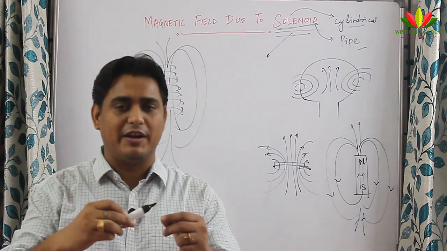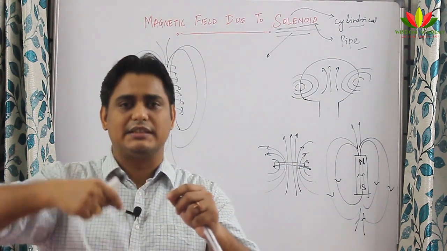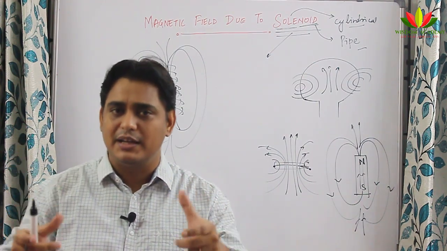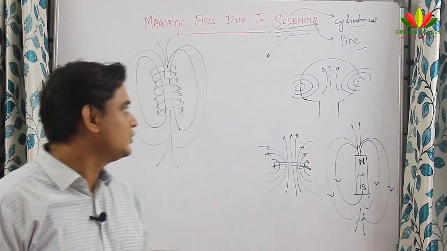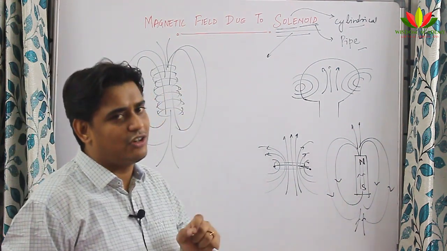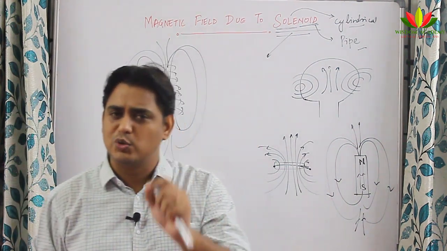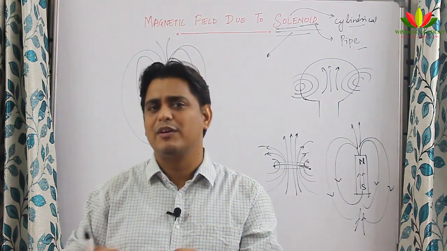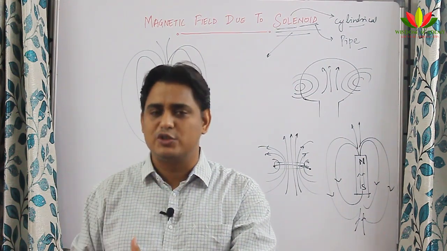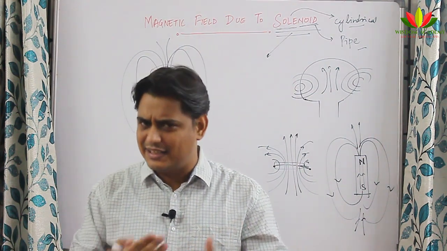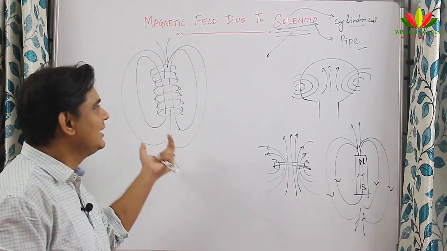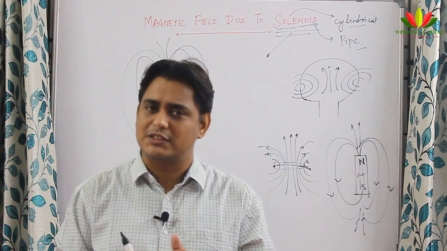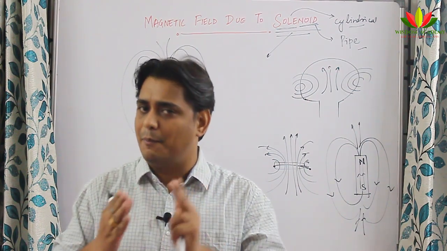So when you take some wire and turn it in such a way that it becomes a cylindrical pipe, it is known as solenoid. So if they ask you what is solenoid, define solenoid, you can write that insulated copper wires turned into a shape of cylindrical pipe is known as solenoid. It carries current inside it. So when the current flows through it, it starts behaving like a magnet.